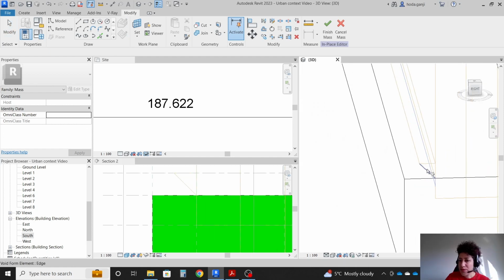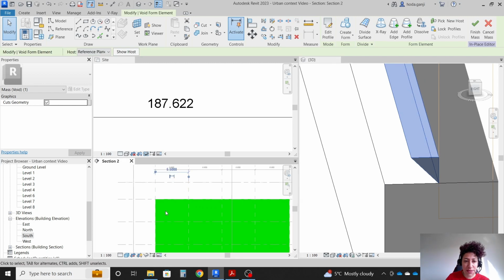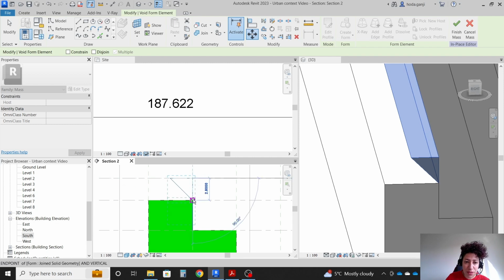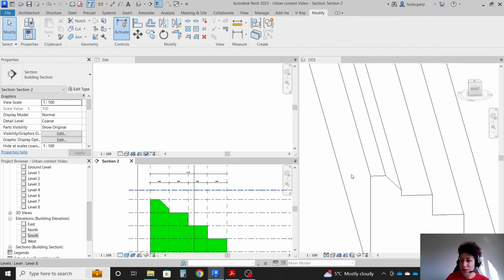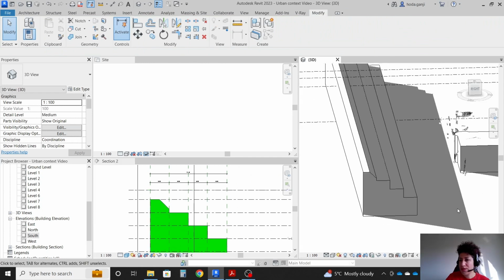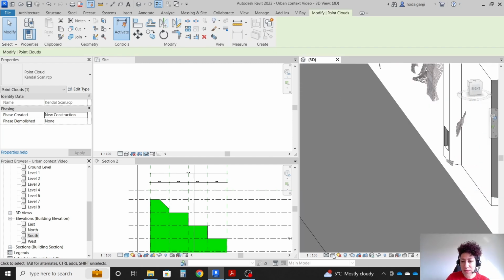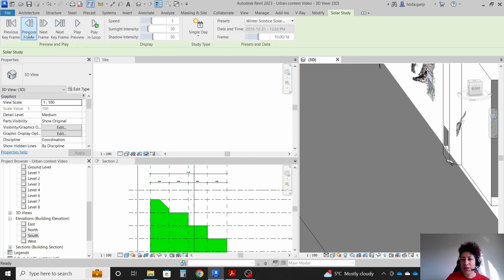so I'm gonna go back here, edit in place. So we had a void here. I wanna hit tab here, select this last void that we have, and in section 2 I want to move it from this corner to this corner and finish the mass. So now that void is lower, and it seems that it's working much better actually. So if I go back to my solar study, next frame,